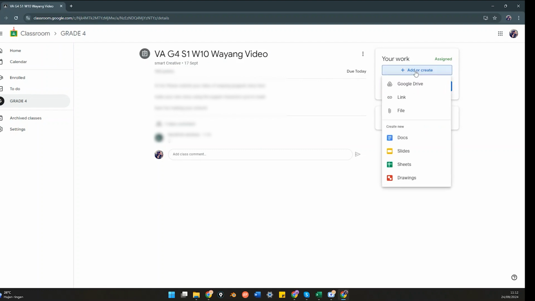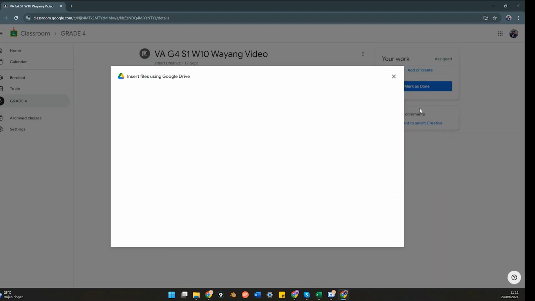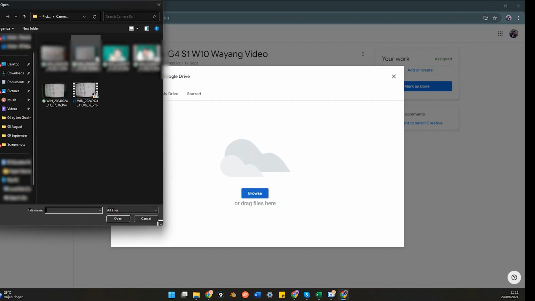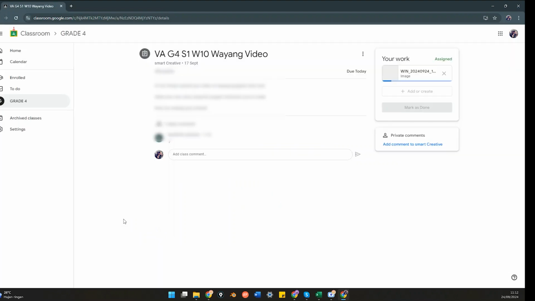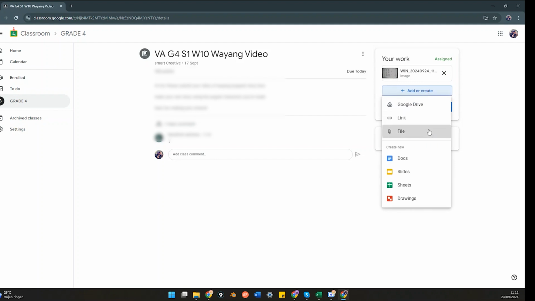Add or create, this one, and I'm going to select file. Okay, insert using Google file like this. And then there's an option of upload, browse, and here we are. As you can see, we have a few. And here's what I'm going to select. The picture, open, let it upload. As you can see, the screen changed to here. Add another one because I want to add a video. Add another file,